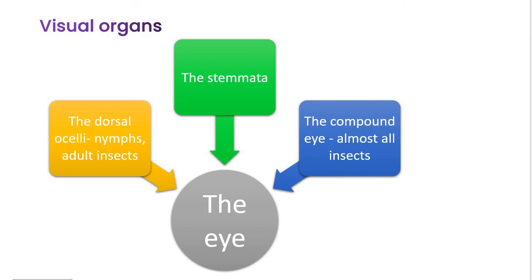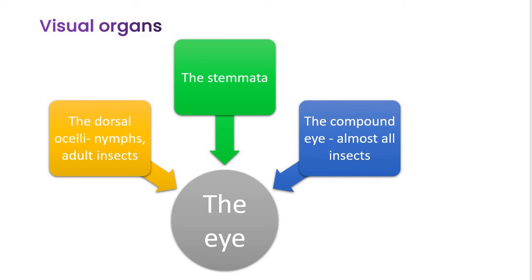Beneath the corneagen cells are arranged the nerve cells called the sense or retinula cells, forming the retina. Some of the retinula cells may extend from the corona to the base of the ocellus. Here, this structure is from the dorsal ocelli, or single eye of an insect. Why? Because they are very minute in size as compared to the compound eyes.